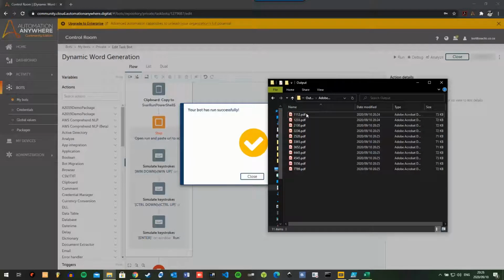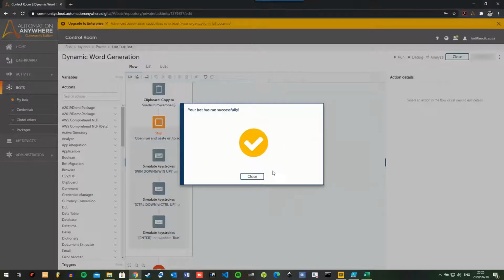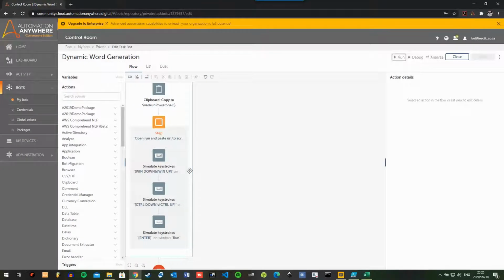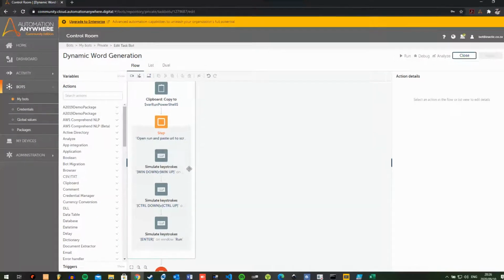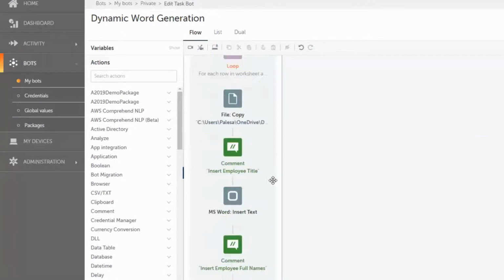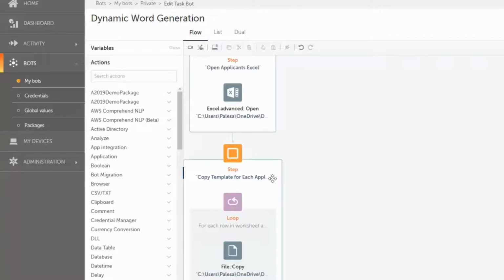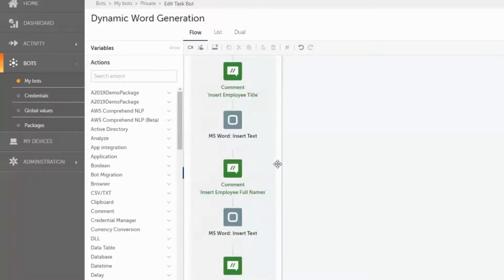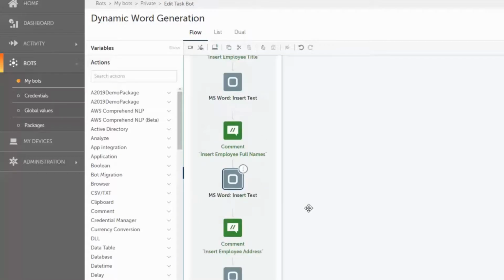Okay folks, so I'm on my community edition environment. The bot has just run successfully. So I'll just run you through some of the tips and tricks that I've used to actually allow this bot to execute the script on my local machine using PowerShell. So if you guys remember, the bot obviously opens the Excel first. After opening Excel, it processes some of the data to dynamically create my documents. So if you guys remember correctly, in part 2, I actually used bookmarks within Word in conjunction with A2019 Community Edition to achieve this. So wherever I've got full names, I tell the bot to insert the data in that